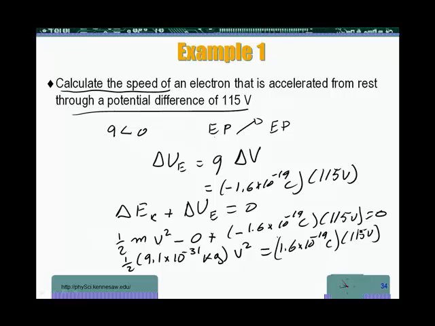That's my v squared. That gives me a large number, and I take the square root of that. Okay, and I end up with,